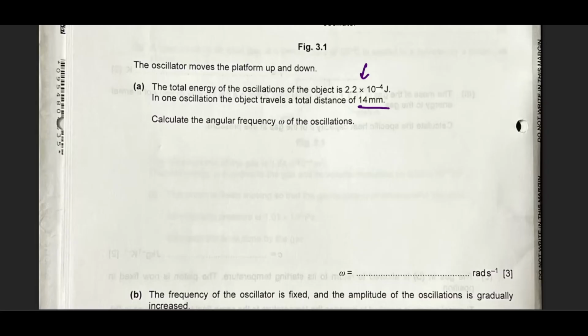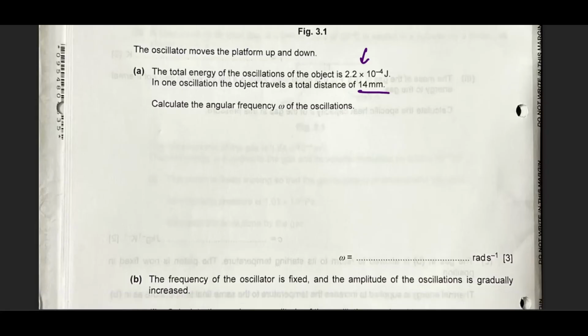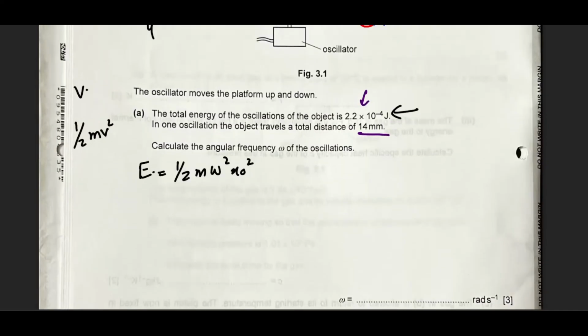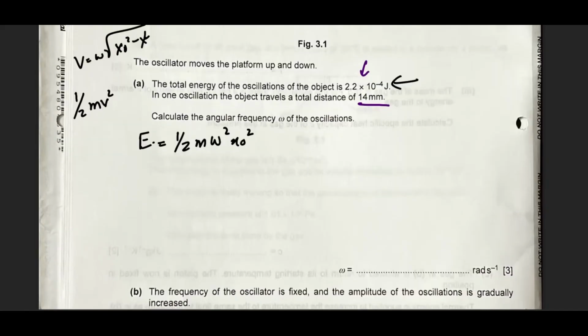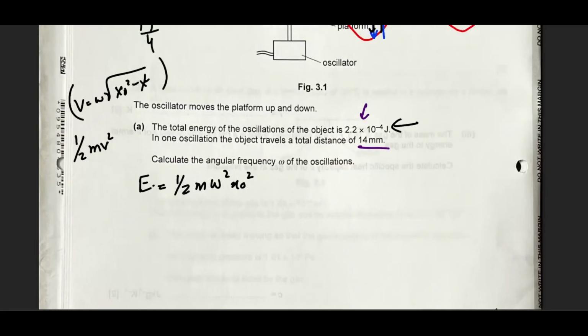Then he asks you to calculate the angular frequency. No problem in that. We are going to use the energy and the angular frequency equation. So the energy of oscillation is equal to half m omega square x naught square. And the equation comes from kinetic energy, which is half mv square, where v was equal to omega under root x naught square minus x square. When you take the square of velocity, omega gets squared and the under root gets cancelled out, so you're left